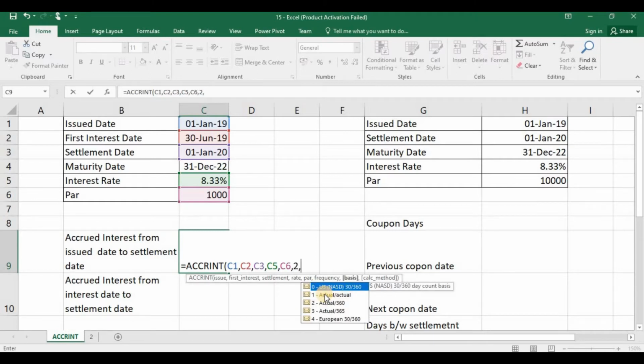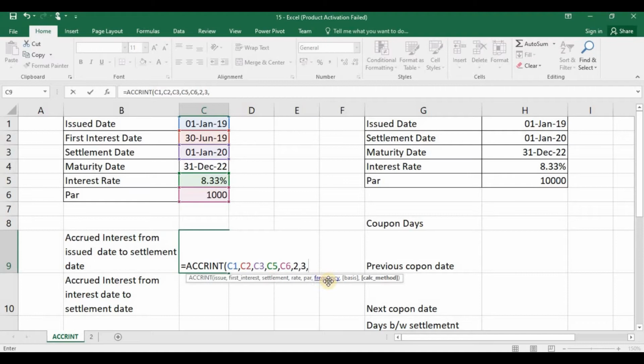We have two more arguments. These two are optional. The square braces denotes that these arguments are optional. Here, the base is a day count convention. This tells what to consider as monthly total days and yearly total days. Example, this first option takes 30 days for all the months and yearly it will take total days as 360. Third option will consider days based on the regular month. The total days will be equal to actual days in a year.